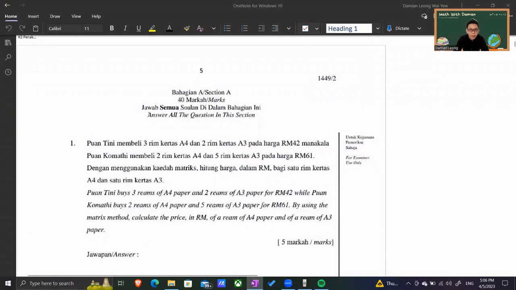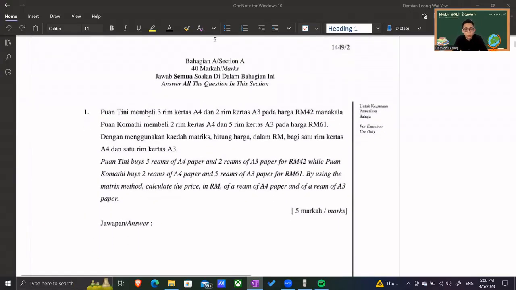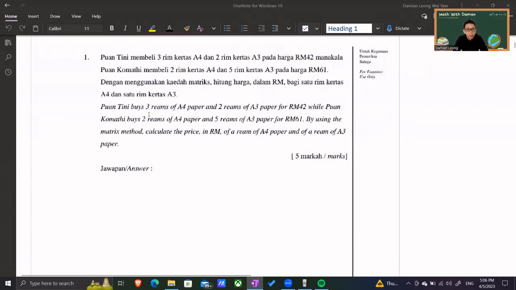If we look at section A, question 1. Puan Tini buys 3 reams of A4 paper and 2 reams of A3 paper for 42 ringgit, while Puan Komati buys 2 reams of A4 paper and 5 reams of A3 paper for 61 ringgit. By using the matrix method, calculate the price in ringgit of a ream of A4 paper and of a ream